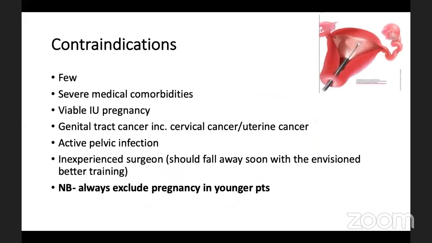And then we move on to the contraindications. So what are the contraindications of hysteroscopy? These are generally few. Just put down a few here to say sometimes we've got patients with severe medical comorbidities, for example, those ones with severe respiratory or cardiovascular compromise such that they cannot even lie on their back. I put there viable intrauterine pregnancy, definitely a contraindication. Genital tract cancer, where you have diagnosed, for example, cervical cancer, then it's not wise to go ahead and do hysteroscopy. Of course, with active pelvic infection,